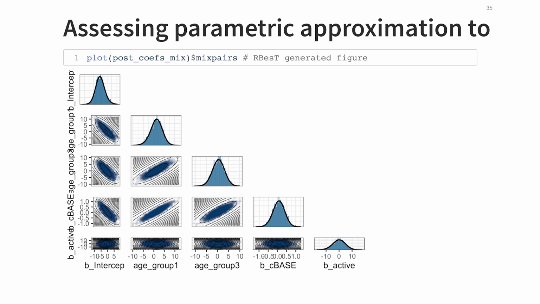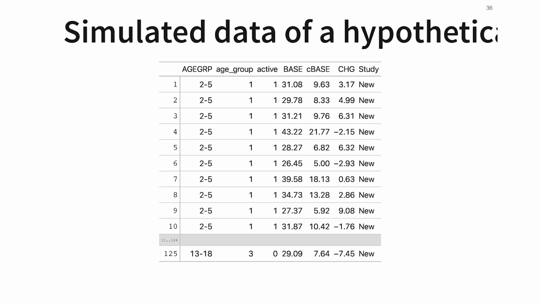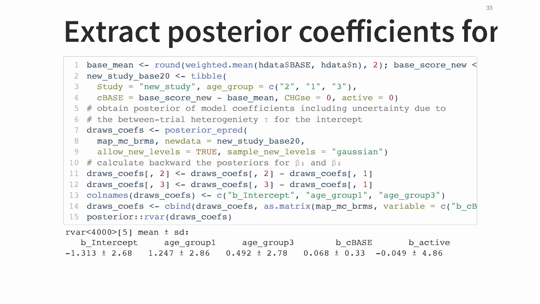Let's now try out the approach and use some simulated data as we would expect the data to read out. This is now, of course, IPD data. And there's one more thing which I haven't really talked about: I have integrated out, said that this is a new study, and then instructed BRMS to simulate the random effects level here. So we now have the uncertainty due to the between trial heterogeneity included in the intercept at this stage.